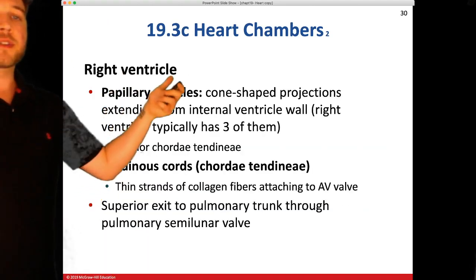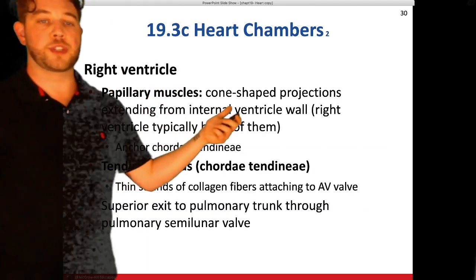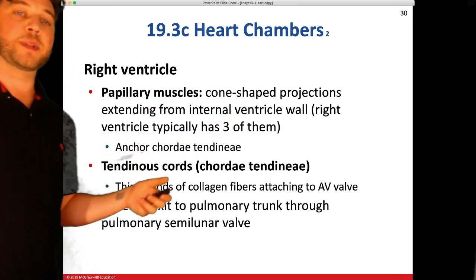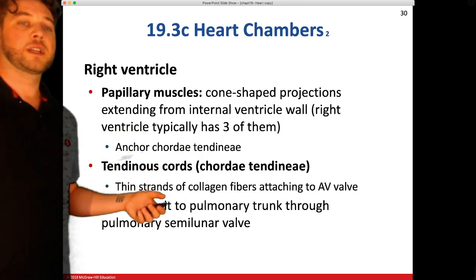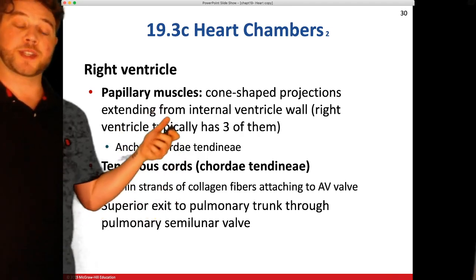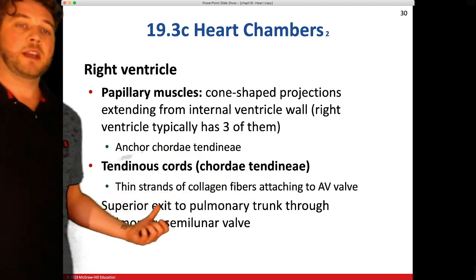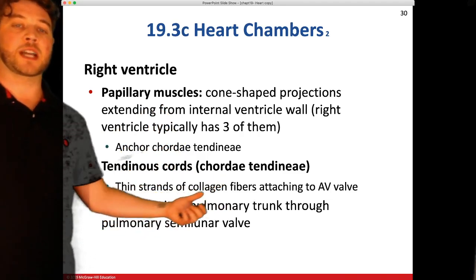And then we're in the right ventricle. You have your papillary muscles, which are cone-shaped projections extending from the internal ventricle wall. The right side typically has 3 of them, again, that tricuspid valve. And so those are the actual muscles projecting from the heart wall. Then you have your tendinous cords, your chordae tendineae, which are thin strands of collagen fibers attaching to the AV